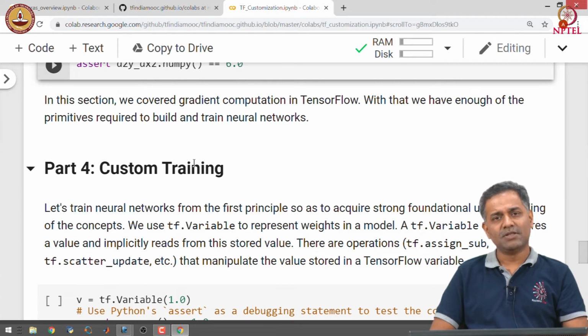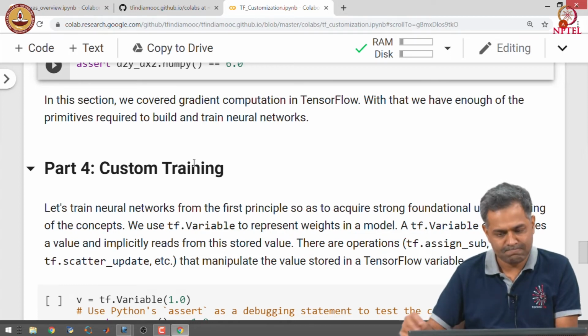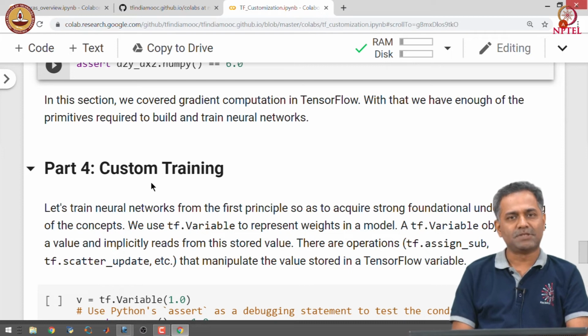With these three concepts, we have some tools available to us for writing custom machine learning algorithms. Let us use the concepts that we learnt in automatic differentiation to write our custom training loop.